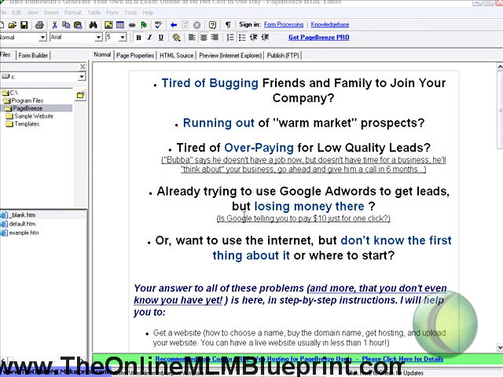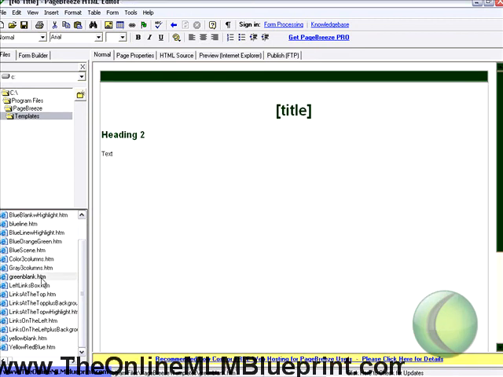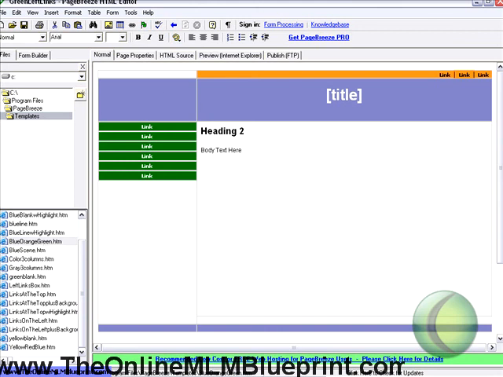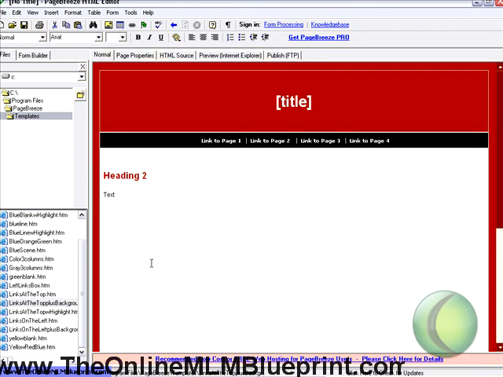One thing I wanted to show you really quickly too here with PageBreeze, when you're ready to move beyond the templates that I have and modifying those, if you want to start with more of what a traditional website would look like, with links on the top or on the side or something, and get a little bit fancier, a little bit more detail. If you open up PageBreeze and go under C, Program Files, PageBreeze, you'll see the templates folder here. They have a good number of templates here with different types of free things that you can use to kind of start and get a web page going here. And if you just search free web templates in Google, or even paid web templates, there's plenty of places out